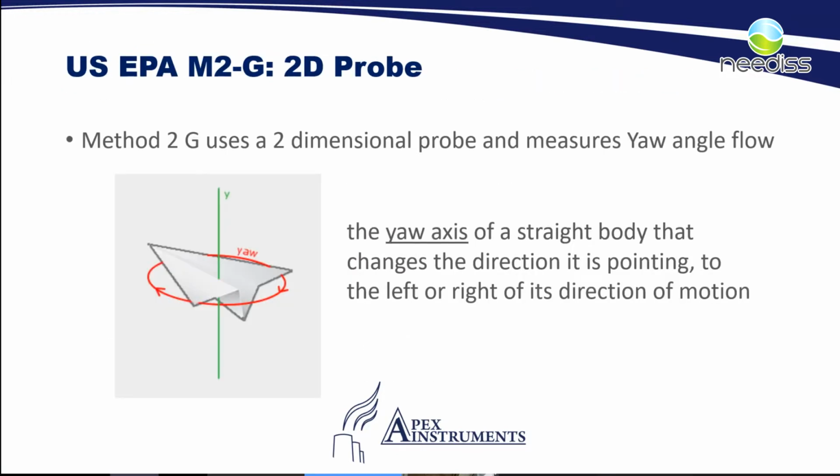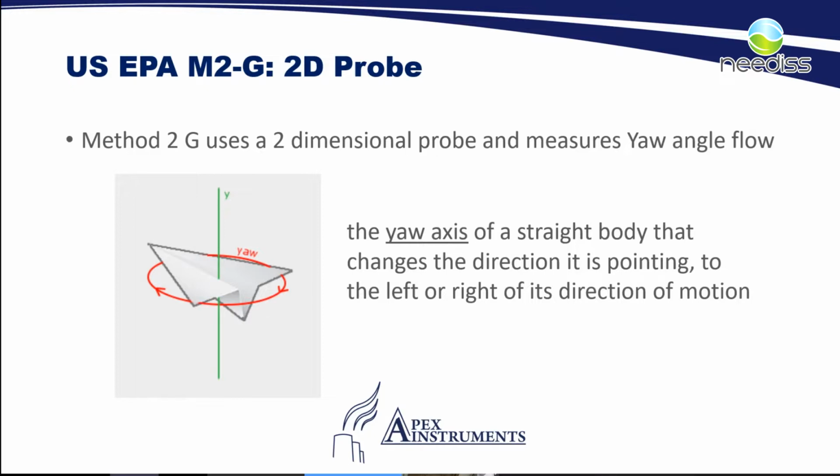So let's take a look first at method 2G using our 2D probe. When we talk about method 2G, we're using a two-dimensional probe, and what it does is it can help us measure what we say in English is a yaw angle flow. And I found this diagram here to try and help explain what yaw angle is as compared to